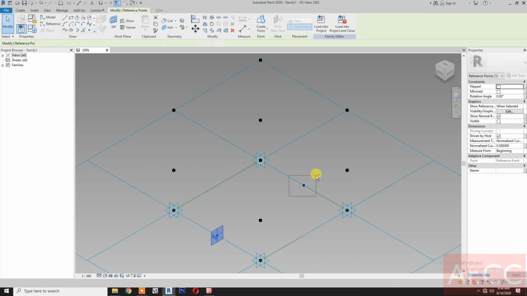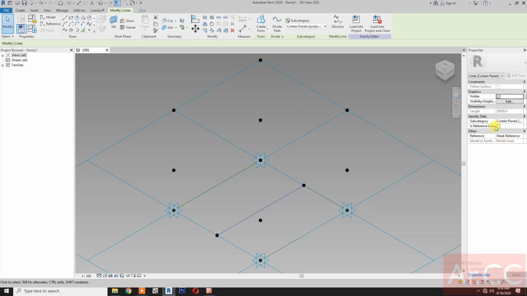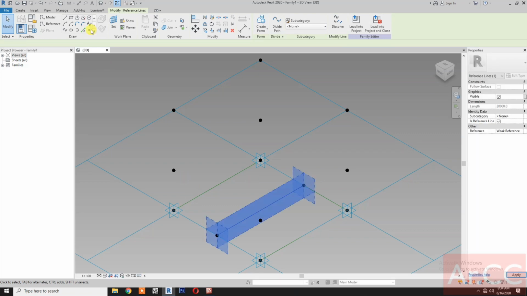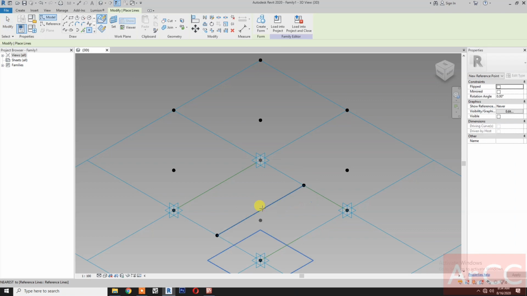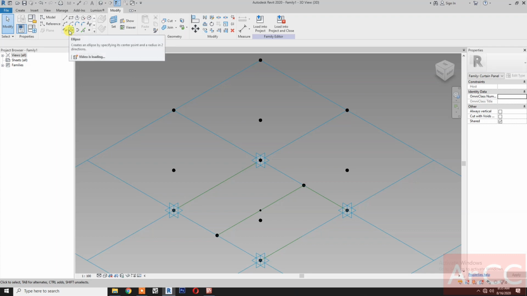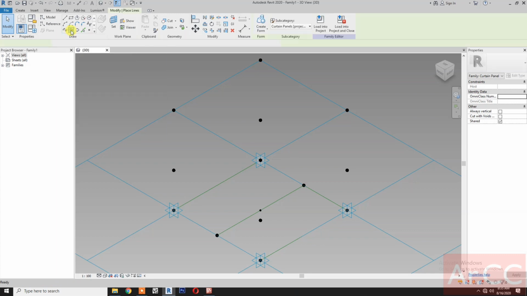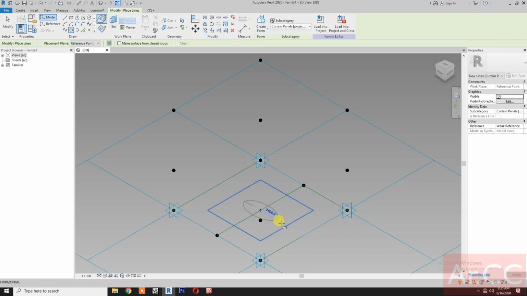select the two reference points, spline through points, check reference line. Okay, reference point, pick at midpoint, select ellipse, set work plane, tab, set this plane. Okay, draw an ellipse. Okay,